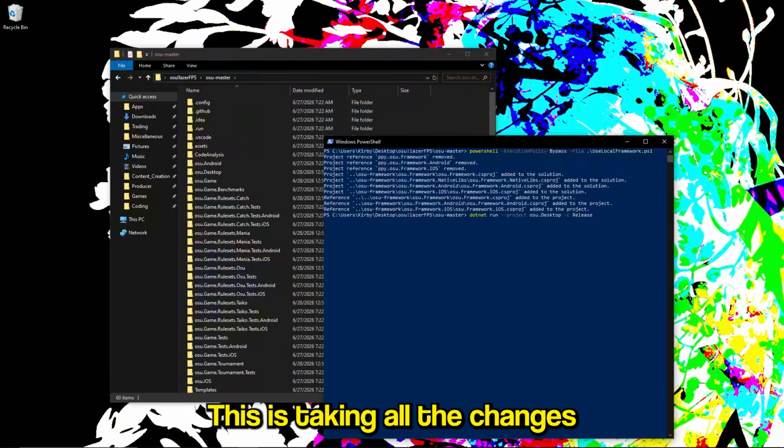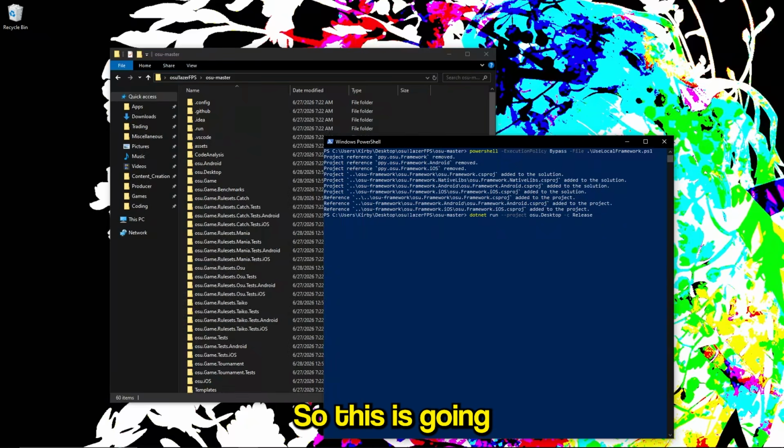Basically what is this doing? This is taking all the changes we made to the game and actually making it into a new game. You feel me? It's compiling all the changes we made. So this is going to take a little bit, so let's just wait. Now after a while,